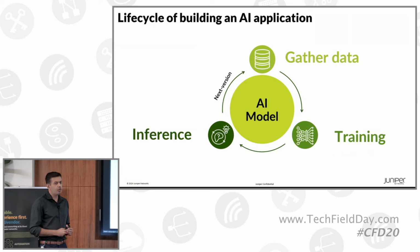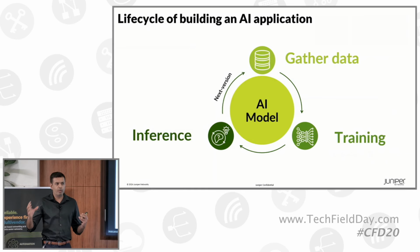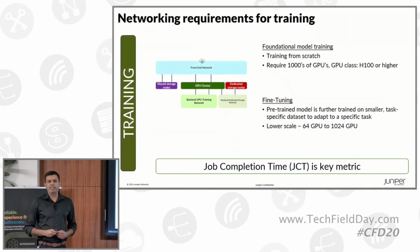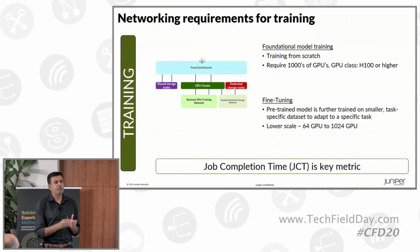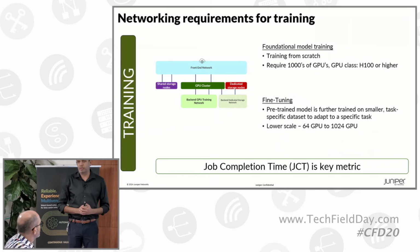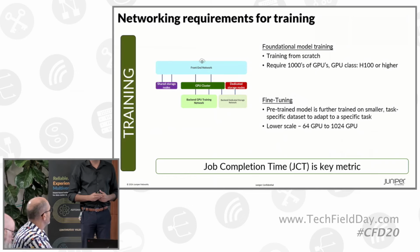And then the rubber hits the road when the model is then packaged into an application, deployed for inference, and it's now starting to make predictions based on new user inputs. The reason for level setting that is that Juniper has solutions for both training as well as inference clusters. Now, let's look at the network requirements more specifically for both training as well as inference clusters,